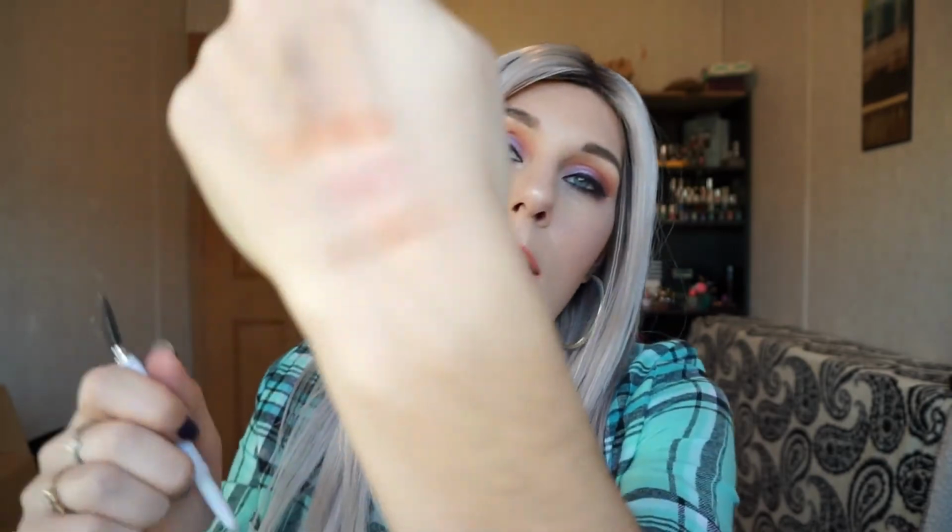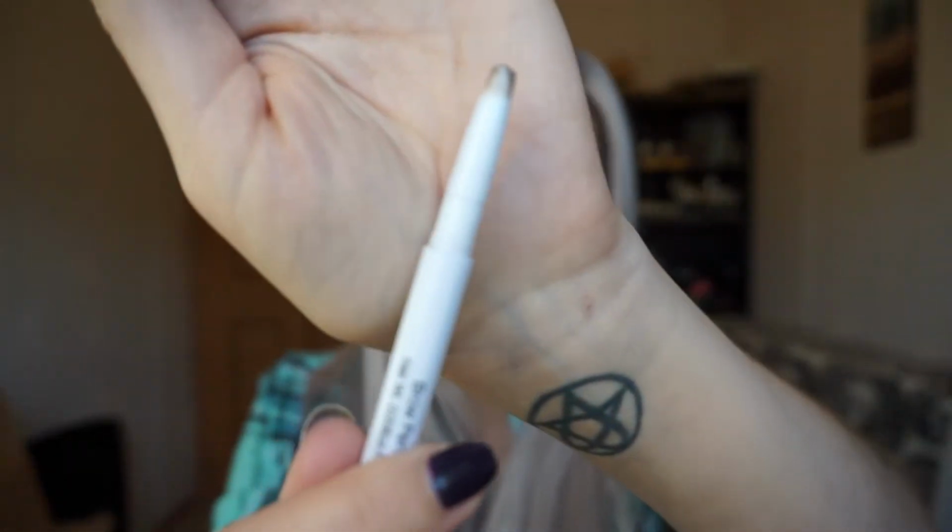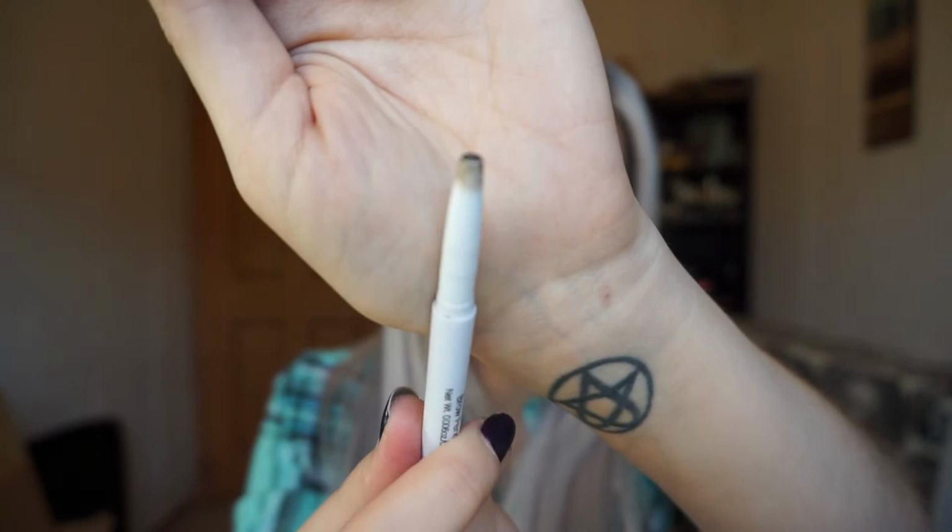I went through 3 brow pencils. I went through the e.l.f. brow pencil in the shade Neutral Brown. I like this pencil for filling in your brows, not so much for detail work because it has more of a rounded tip. I wish I could show you, but I really can't. It's so gone. I like it for doing the majority of the brow and then brushing through,